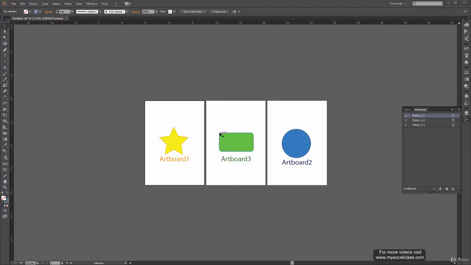We can skip the exporting part right now, because we will anyways cover it when we create our files and our design. So tomorrow we will start with the artboard tool, and then we will see some of the drawing tools like rectangle and oval tools and all.